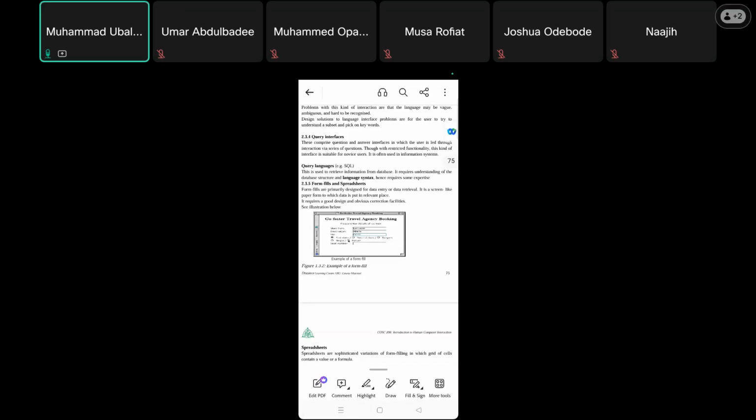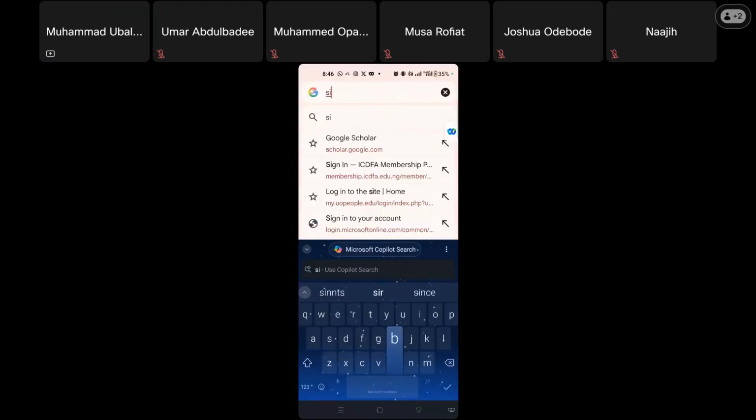Another way we communicate with our systems is through form fields and spreadsheets. Even if you have not created a form before, I'm sure you must have filled one. Nowadays, somebody can create a questionnaire, and through this questionnaire they can ask a lot of questions and people can respond. Sometimes even our computers use this process of form fields. Take for instance, if I want to sign up a new